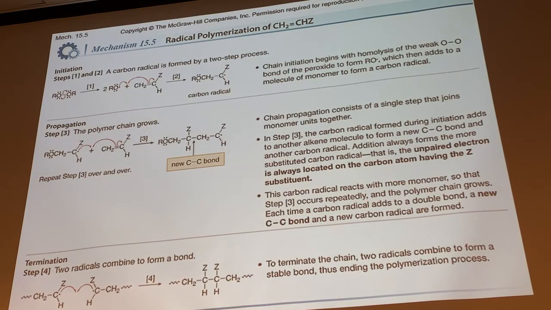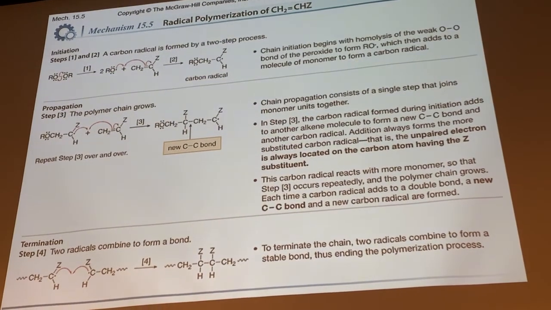Then that radical is going to add to another alkene. If you have a very high concentration of the alkene, which you do whenever you're trying to form a polymer, then that radical adds to an alkene. The new radical you get adds to another alkene, and it just goes on and on until the chain gets really long. But once you start running out of alkene and you start having a higher concentration of radicals and a lower concentration of alkene, then you have a termination process where you have two of those radicals combining to form